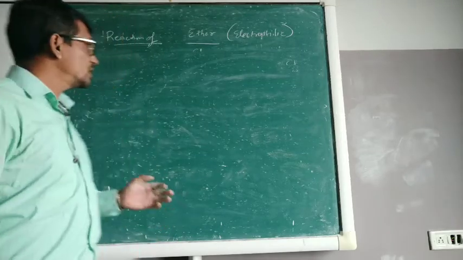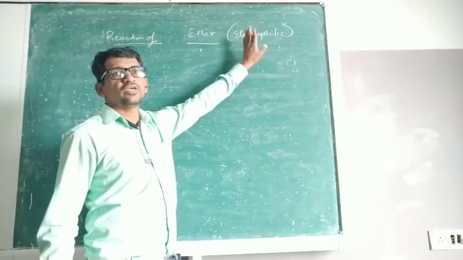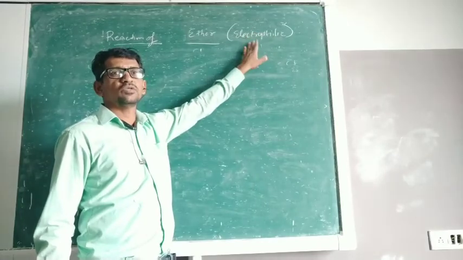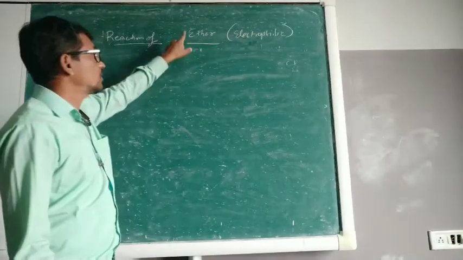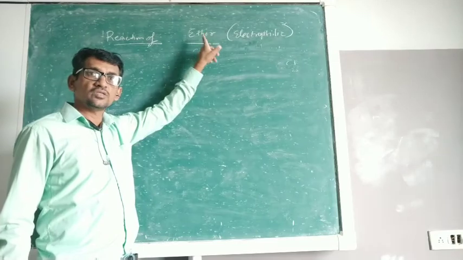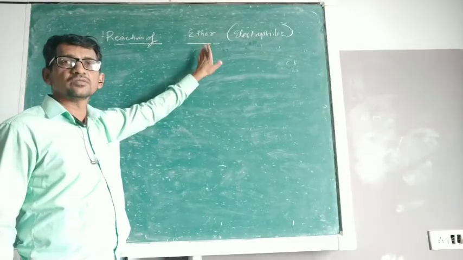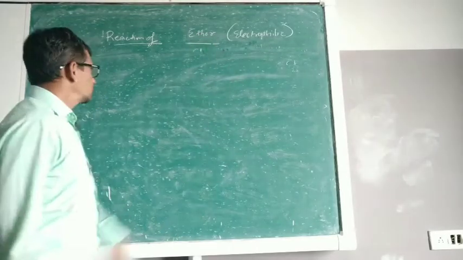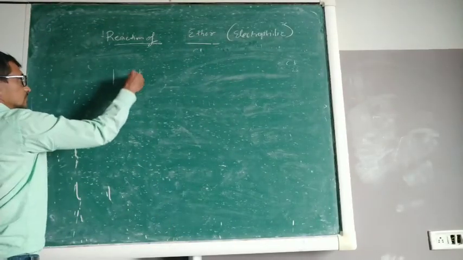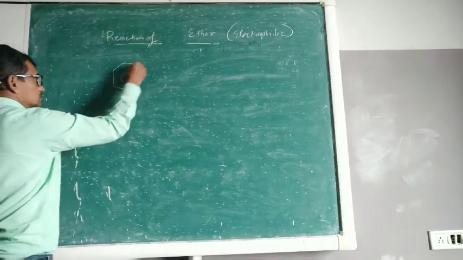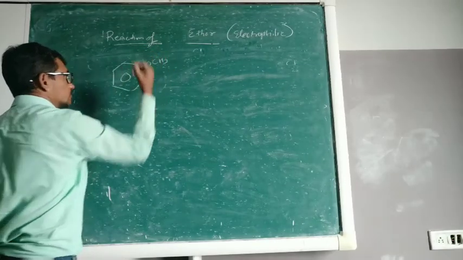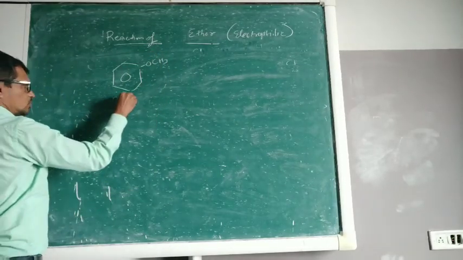Okay, the second type of reaction is the electrophilic reaction. Electrophilic reaction means what? Taking place in benzene. But ours is what? Ether. So in ether, if we want to do electrophilic substitution, you have to take aryl ether, the benzene-type ether. So I am taking benzene, then OCH3. So this is methoxy